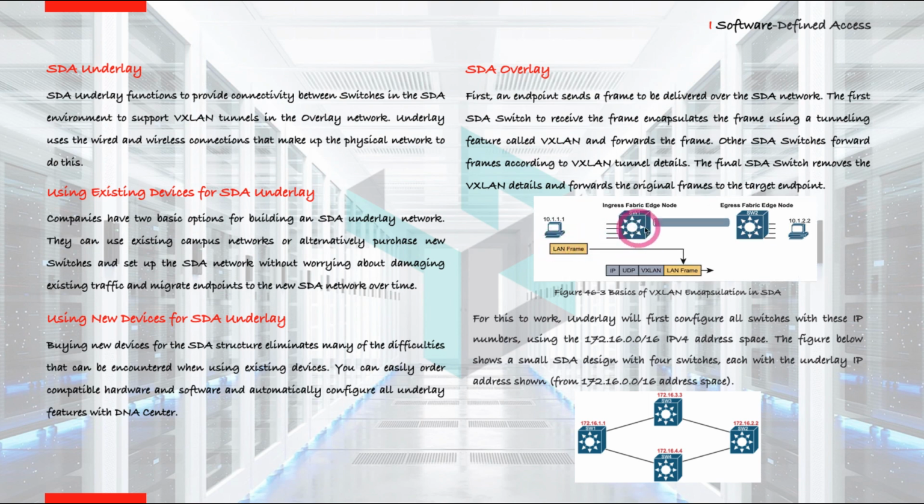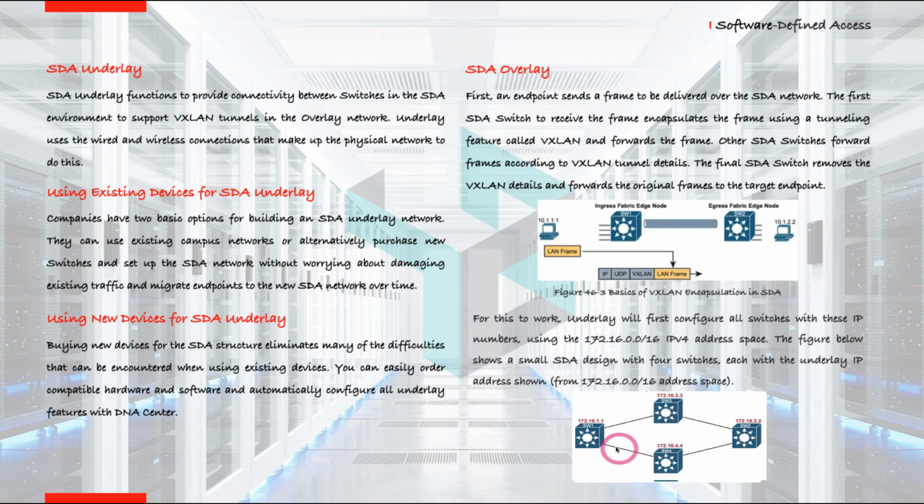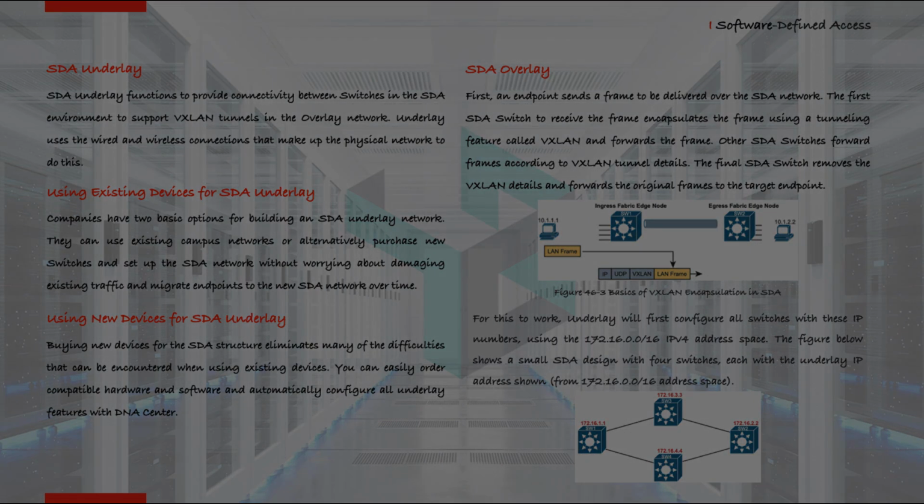As shown in this figure, the Overlay VXLAN tunnel between the two switches encapsulates and transmits the frames from the user here to the user here. In order for the VXLAN tunnel here to form, Underlay must first be formed on the switches, and for the Underlay to form, the IP blocks in the 172.16.0.0 subnet are used as shown here. The devices here are first given an Underlay IP and they help to set up the VXLAN tunnel in the Overlay and Underlay to ensure that the process is carried out.